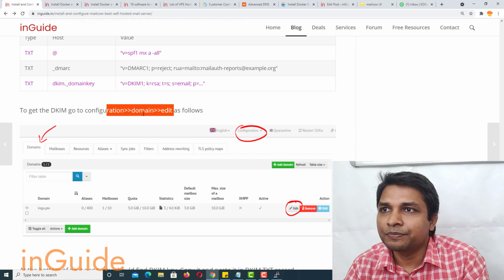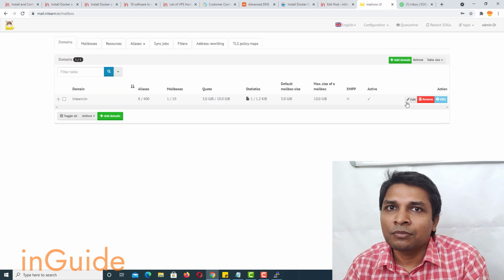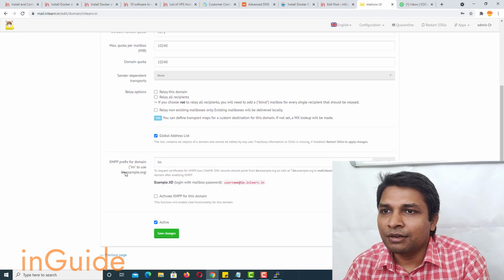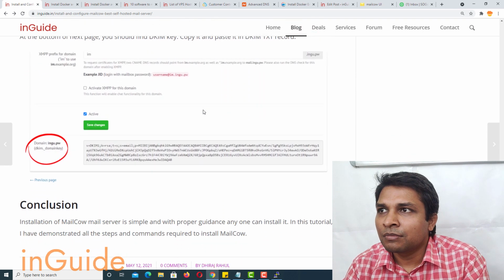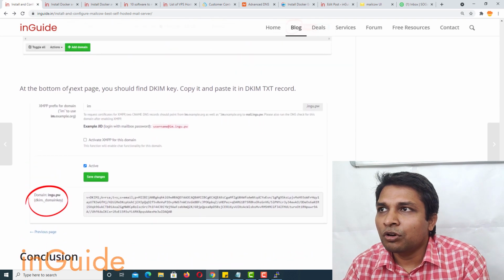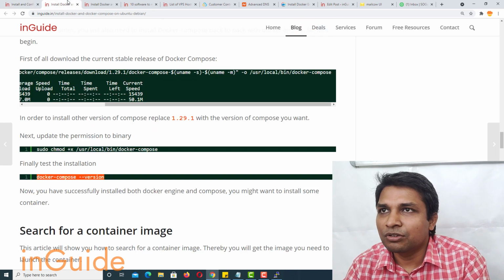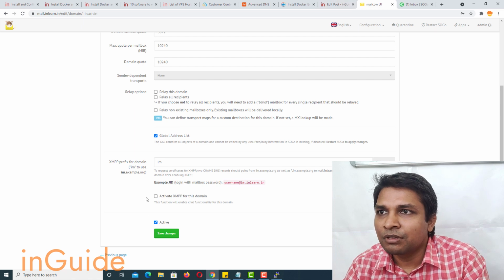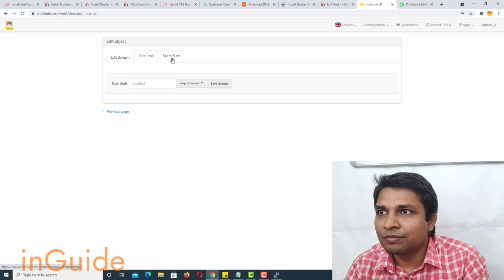Go to edit. Now at the bottom of the next page you should find the DKIM key. So let me see whether there are any DKIM keys here. I couldn't see any DKIM key here.